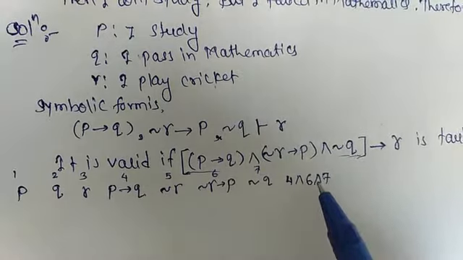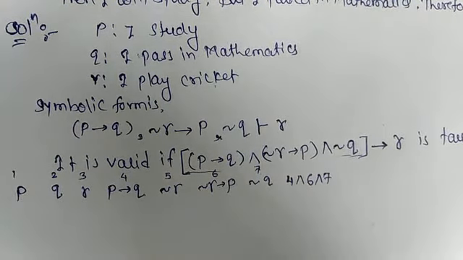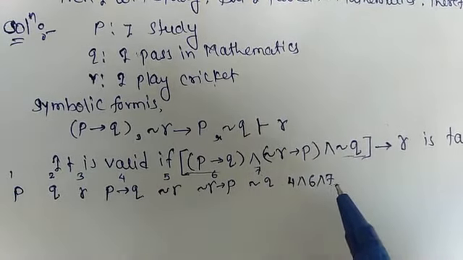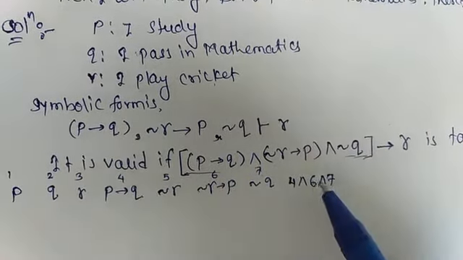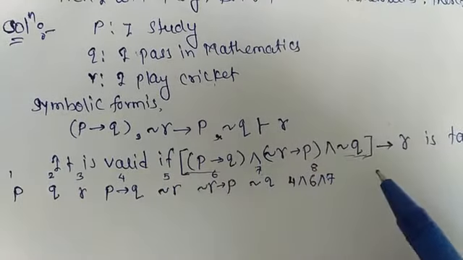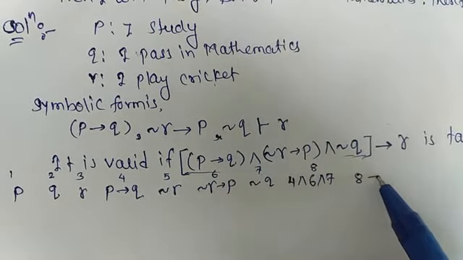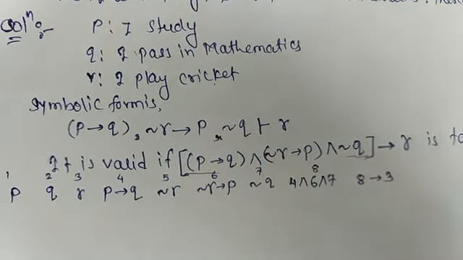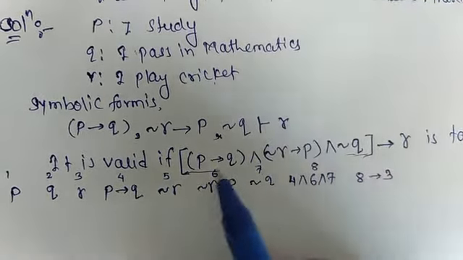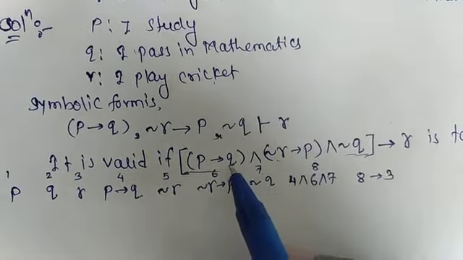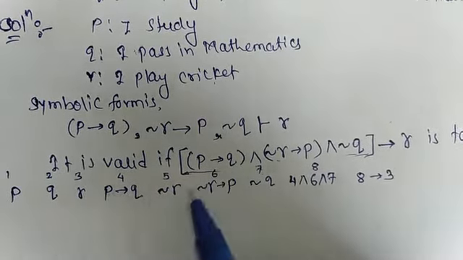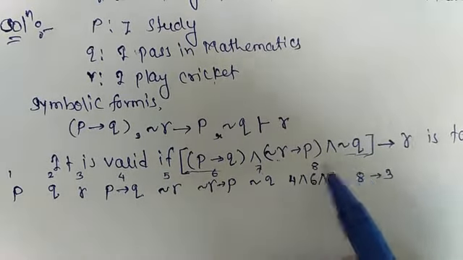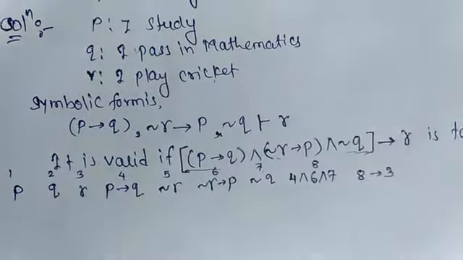In AND, if one of the statements is false, you have to take false. If all three are true, then it will be true in this column. Now we have completed the premises part, and after that it will be column 8 implies R. R is column number 3. Or you may first take column numbers 4 and 6, and after that 8 and 7. It will give the same answer.